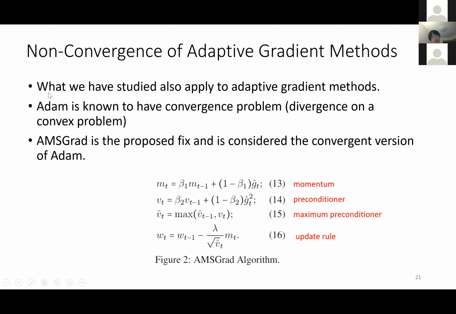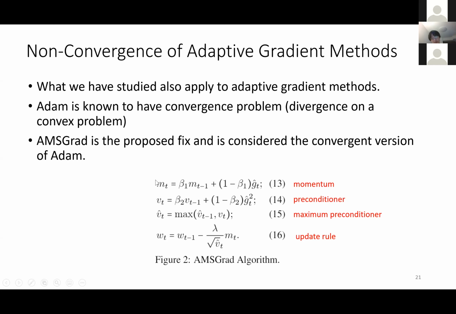So this section shows that what we have studied so far also applies to adaptive gradient methods. Adam is known to have a convergence problem, such that it diverges on a simple stochastic convex problem. AMSGrad is the proposed fix and is considered the convergent version of Adam. It's defined as this, where G hat is the usual gradient, beta 1 is the momentum hyperparameter,